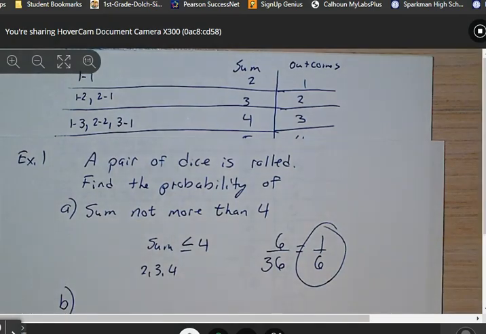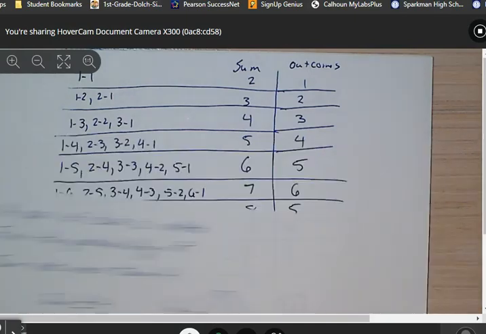All right, so is everybody okay with that one? Because I know that was one of those problems that, if you don't slow down on this one, a lot of people just go, oh, well, if it's not more than 4, it could be less than or equal to 4. So then it's 2, 3, or 4, and they start figuring out, okay, well,